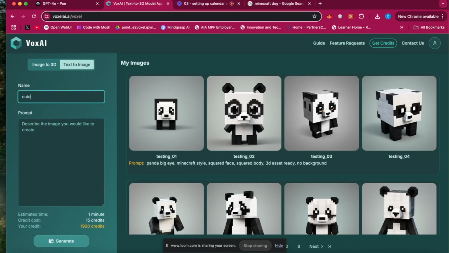Let's generate a cute deer. Right, something more fierce, a cute dragon. So you can actually just go with a simple prompt like that, a cute dragon,